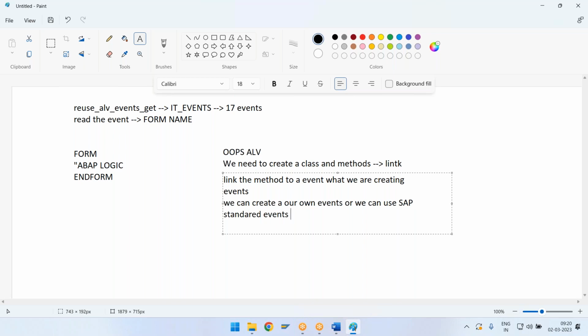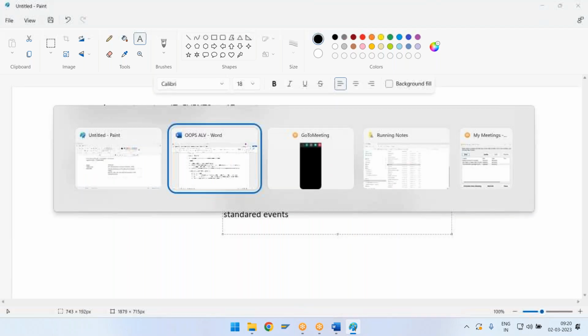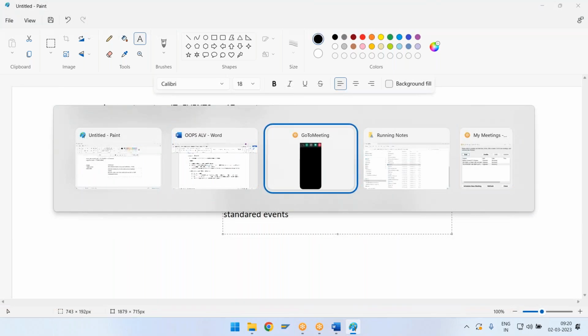You can go ahead and create your own event, or you can go ahead and use your SAP standard events. Now, if I go ahead and log on to SAP,